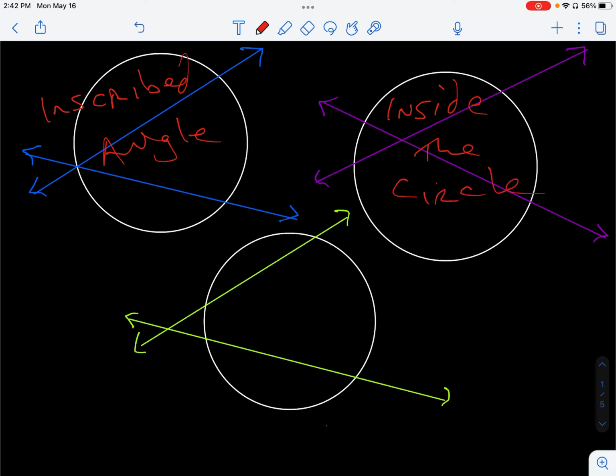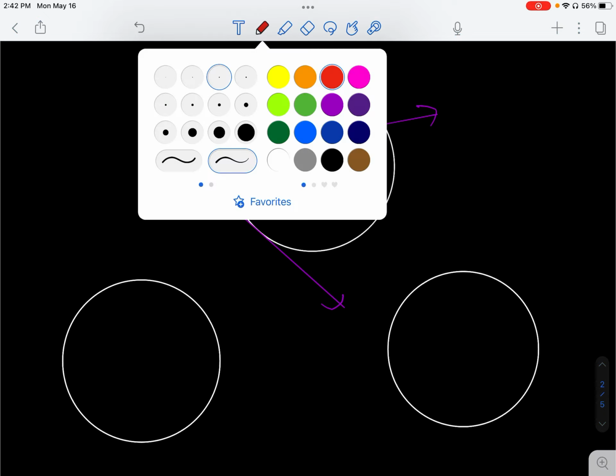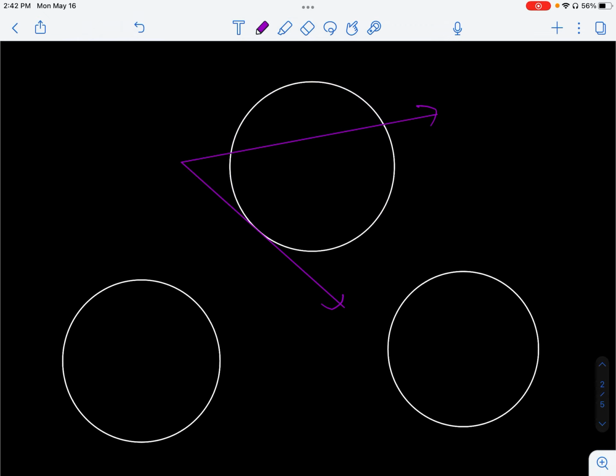And today we're going to talk about what to do when they intersect outside the circle. So when they're intersecting outside the circle, there's three variations that can happen. One,